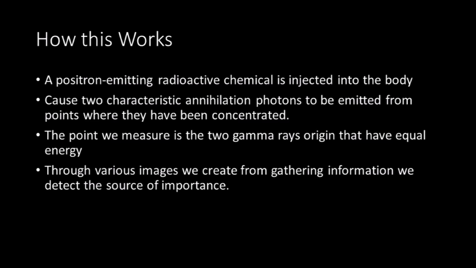So I'm going to go back to that first question I had of how this works. As you can see here, a positron emitting radioactive chemical is injected into the body. It causes two characteristic annihilation photons to be emitted from the points where they have been concentrated in the brain. The point we measure is the two gamma rays that are photons that exit the body. And they get absorbed into the crystals in what we call a PET scanner. And then through this, we are able to calculate the exact origin of where those two gamma rays came from,